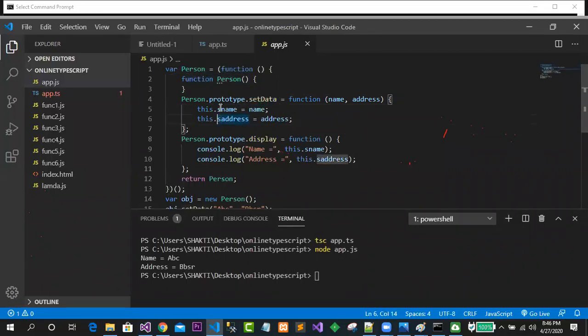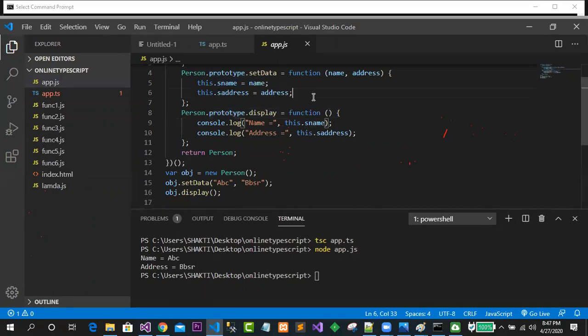Clear up to this? It is very simple to understand, guys. We have taken care of this function body, and it is initialized to set data. You can also understand the code because we have already worked on the prototype property. Ready? If you have any doubt, please ask me regarding this.